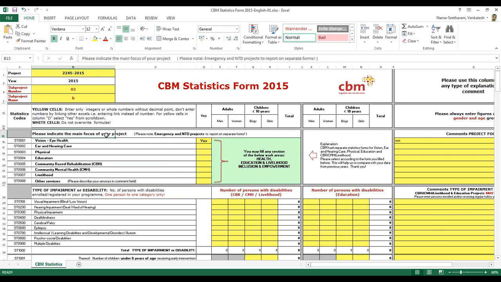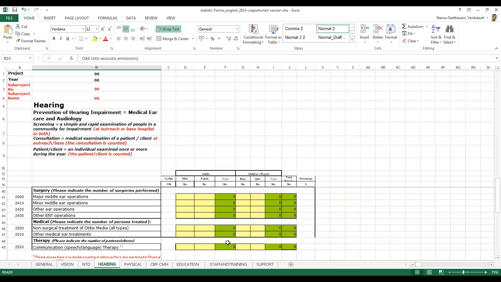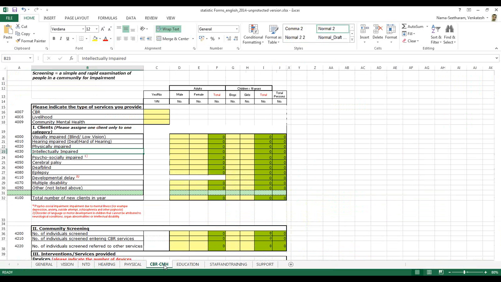This is the focus. First section is the focus. Second section would be the impairment or disability. You see various types of impairment or disability. It was nothing but in the previous year form in 2014, in the CBR CMH form, you had client categories: visually impaired, physically impaired, all these categories.